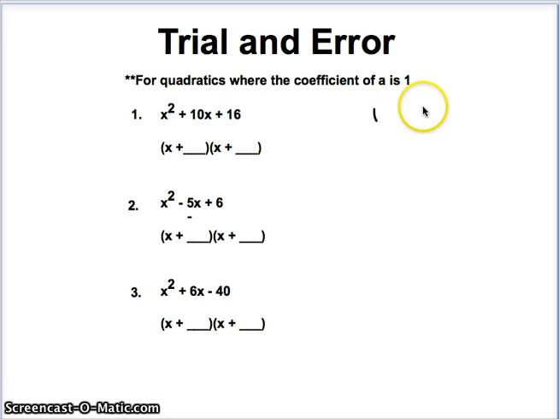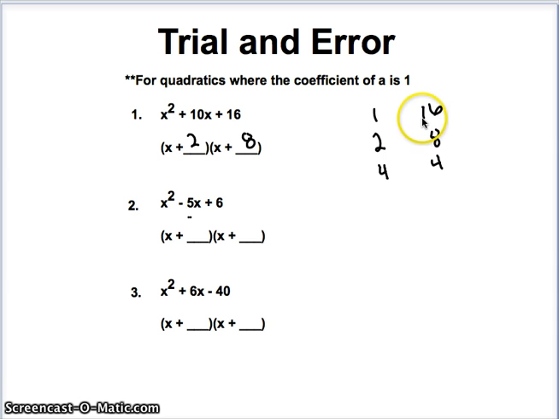I've got 1 and 16, 2 and 8, 4 and 4. Now, when actually starting to factor, I know that my first two terms will be x, because when multiplied together, I get x squared. Now I need to determine which factors add up to be 10, and that would be 2 and 8. So I put 2 and 8